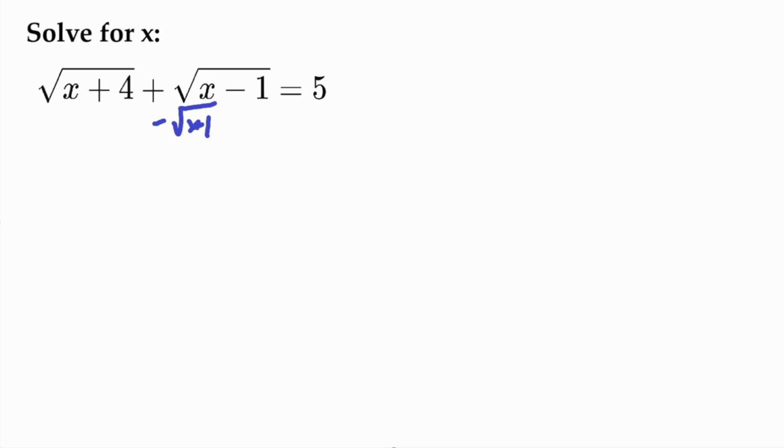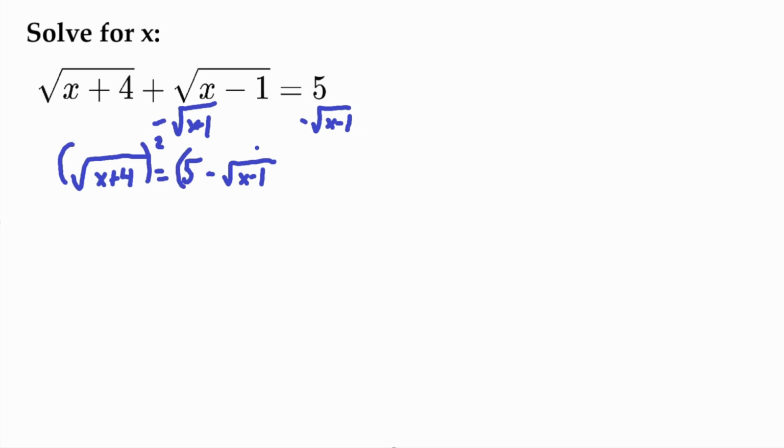to the right side. So that means that our new equation would be square root of x plus 4 is equal to 5 minus square root of x minus 1. And the reason I did that is because now I can square the left side and the right side. Because normally if I would have squared this whole thing here, we would have gotten some really funky, really ugly values, and I don't want to work with them, so I didn't square it here, but instead I got it to where we have only a single square root, and then we can square it,